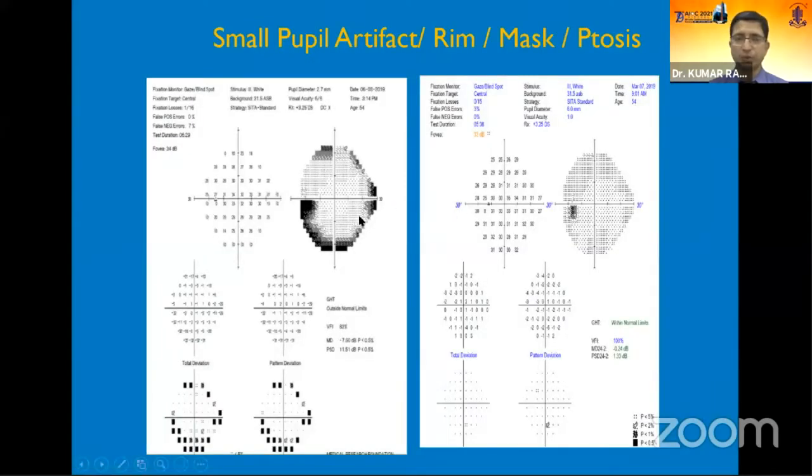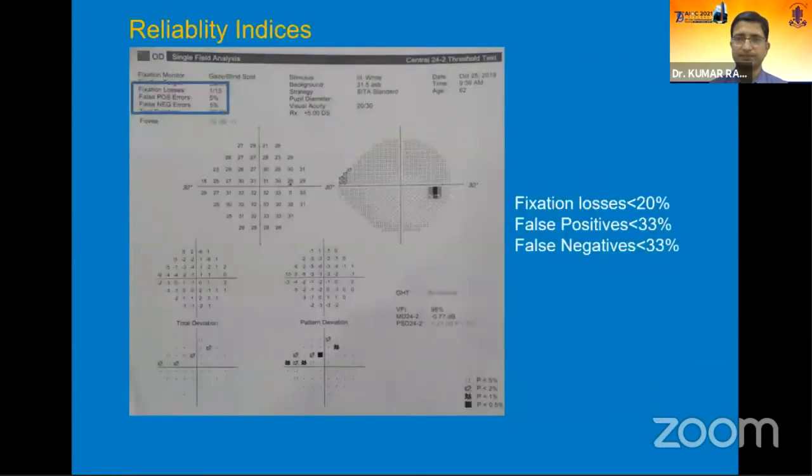Now, whether we should do patients' perimetry in dilated or non-dilated state, I usually, for some reasons, prefer dilated. But we can take any standard, either undilated natural state or dilated state, and follow up the patient subsequently with the same state. In this perimetry, the patient had a constricted pupil because of treatment, and we see a defect which is similar to something like a rim artifact. But when the patient was dilated, this artifact has vanished. So we should follow one single standard. One thing to be kept in mind is if the patient is dilated, the threshold values may be 1 or 2 decibels less than what we get in a normal patient.